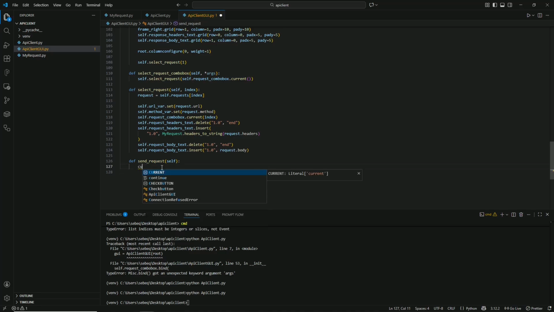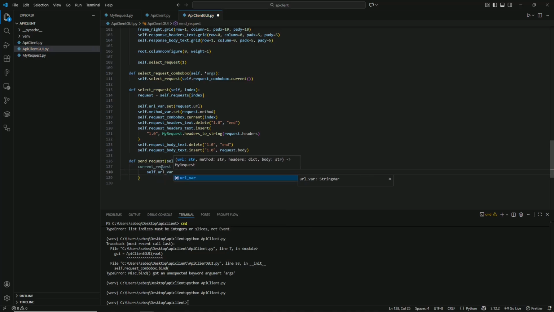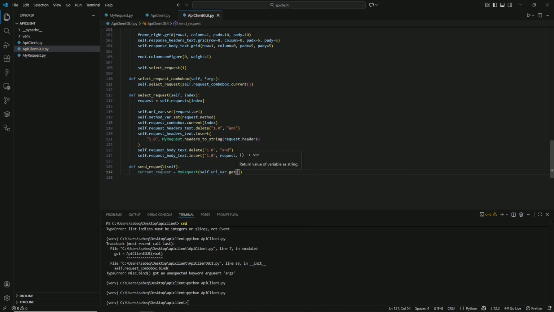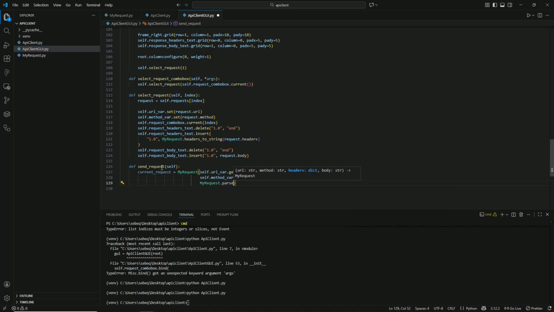Let's start by creating a new variable called current request. And this will actually get the values from the input boxes in case something changes. Next one would be method var get, then the my request.parse headers,